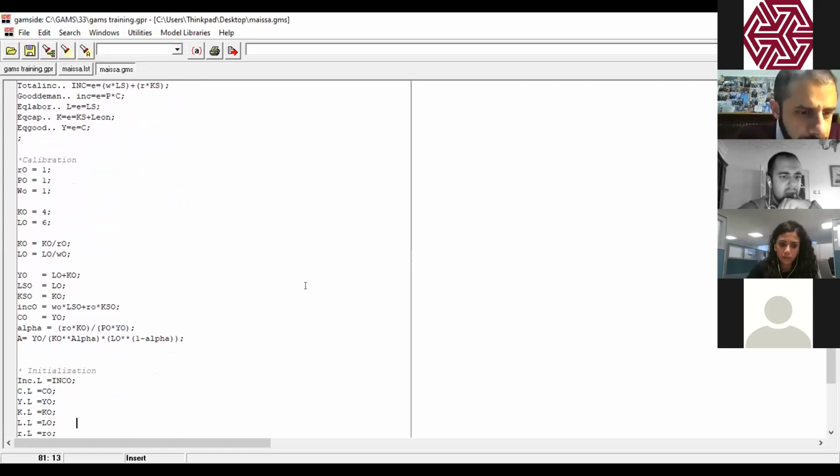Income. Maybe in the equation of income, we need parentheses. No, no need, because we know that here the plus is calculated as a plus. It's not the plus just between the two variables that we have. Okay, okay.